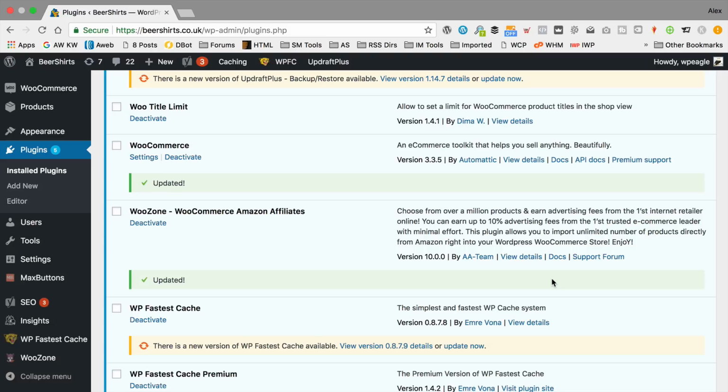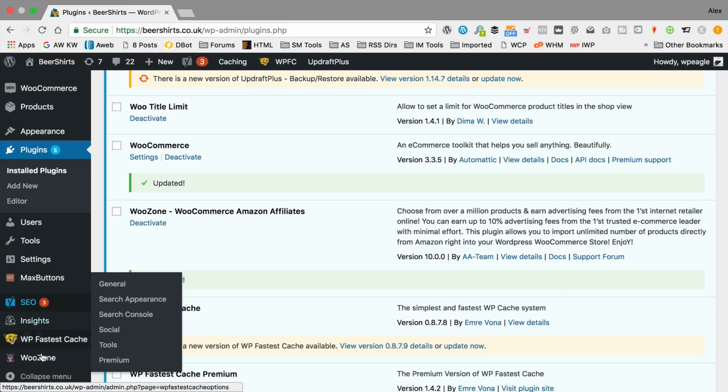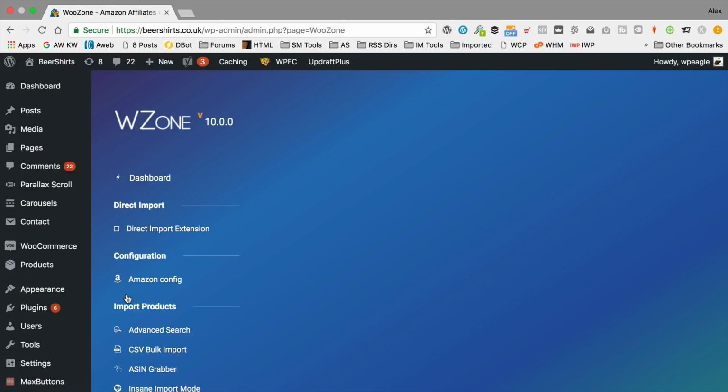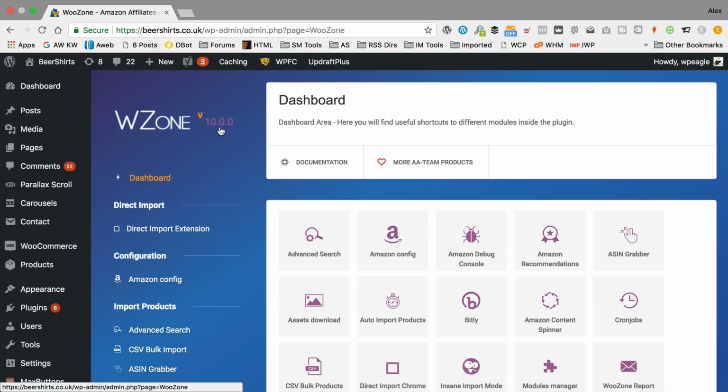There we go. All done. So now if we go into Woozone, it says version 10.0.0. So we're all up to date. Perfect. So before I show you the direct import extension, which is just here, let me go through a few